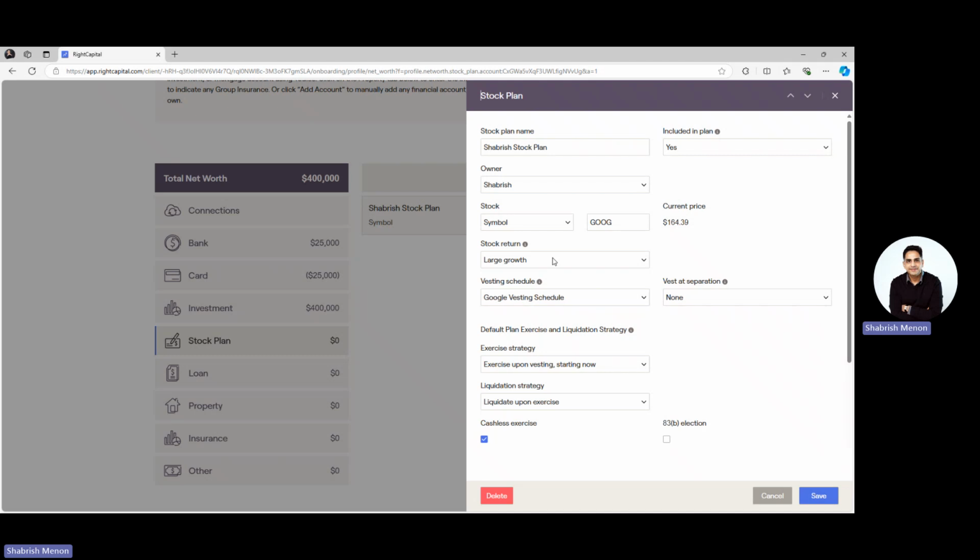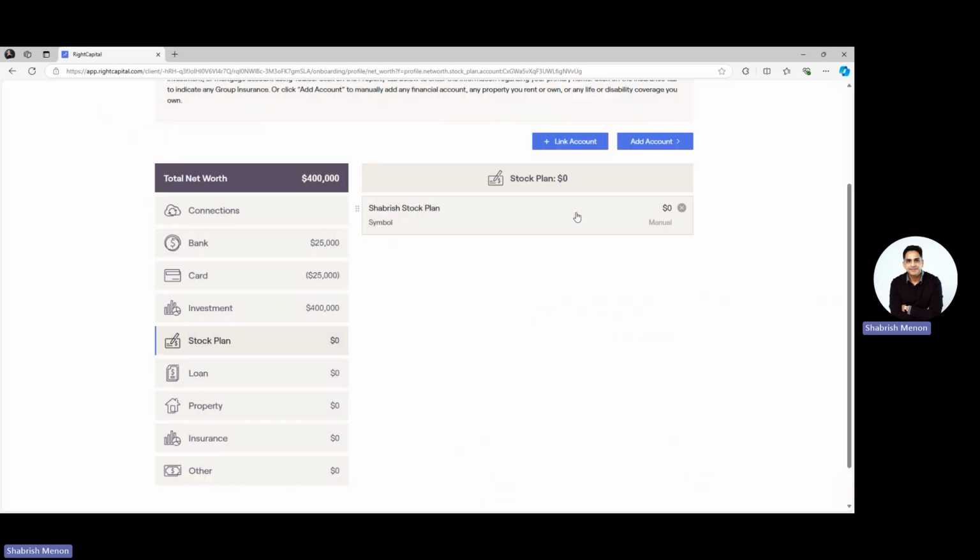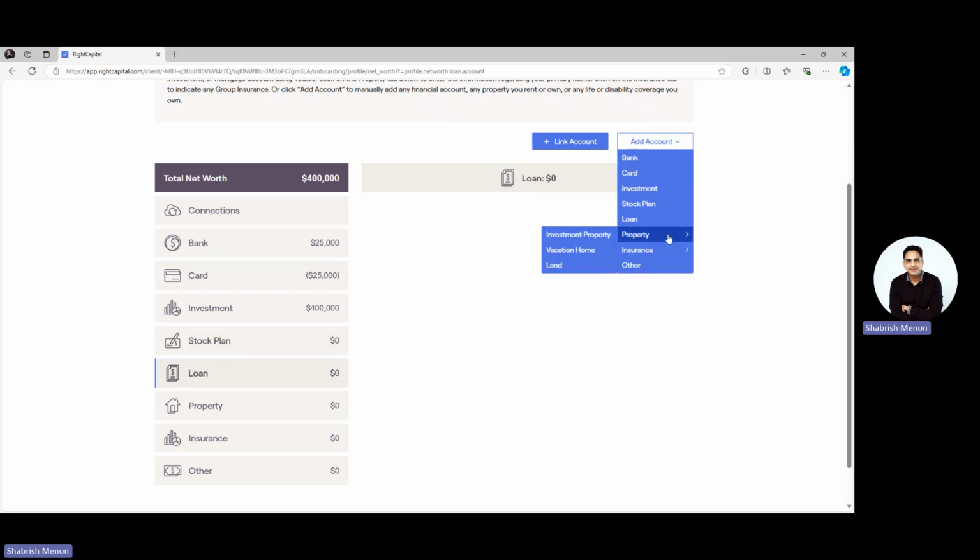Because grants typically have future vesting dates, this is not going to show you any value, which is the right way to think about it. So if you see 0 here, don't let that number throw you off. This is basically capturing it accurately. Moving on to loans,